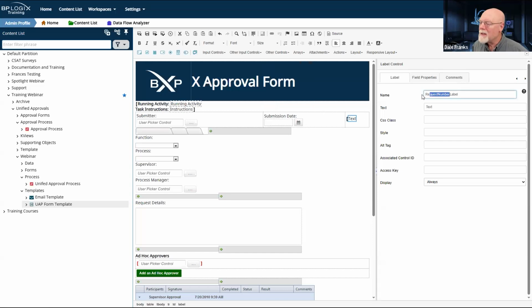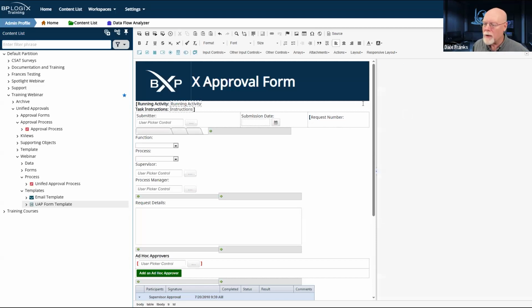In fact, since I've already configured the custom task to use the field request or recno, R-E-Q-N-O, we're going to call this recno label and request number. And the associated control ID will be REQNO. Since I've already used that in the process timeline, that's what we're going to name the control, I guess. So we'll pick request number there.